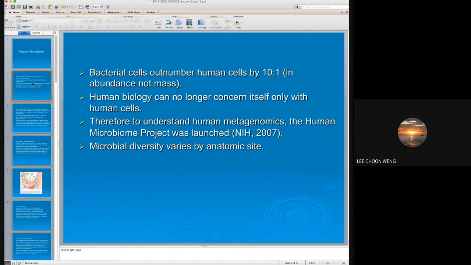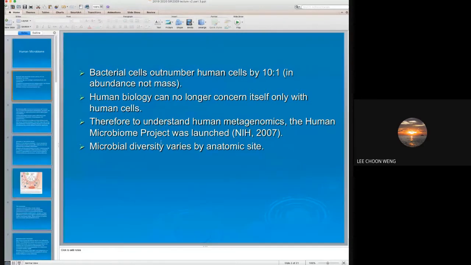Because of the abundance of bacterial cells on our body, and because we now understand that there are some interactions between bacteria and our human body, human biology can no longer concern itself only with human cells. There is a need to understand human metagenomics. Therefore, to understand human metagenomics, we need to understand the bacteria population on humans. In 2007, NIH in America